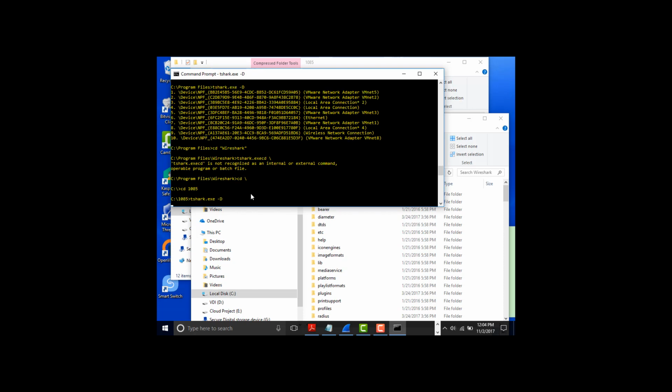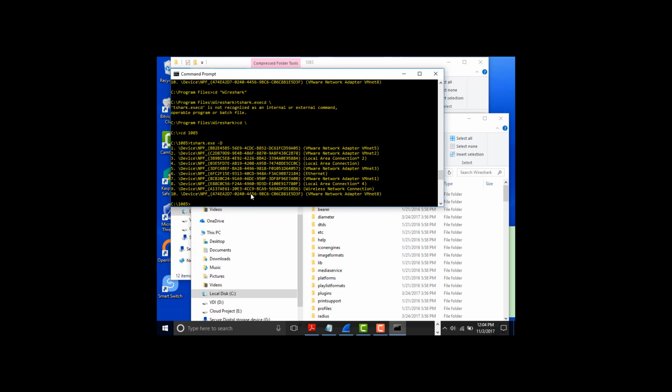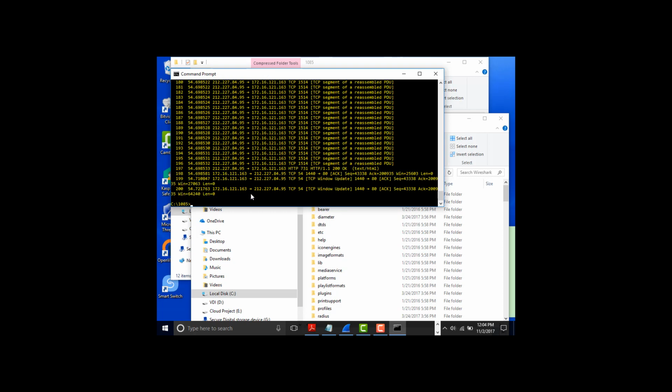TShark. And it knows it. And I don't have to traverse through a lot of path. If I just want to read a pcap file with TShark, I can just simply do this, -r, which is going to be to read, and I can say with a file like this. If I press enter, see,